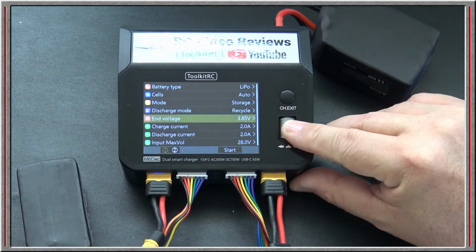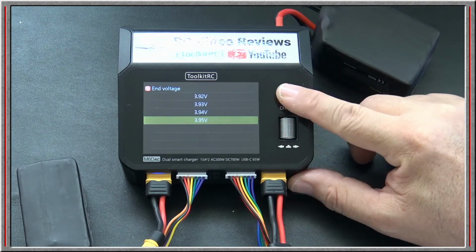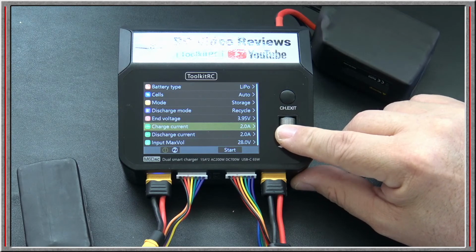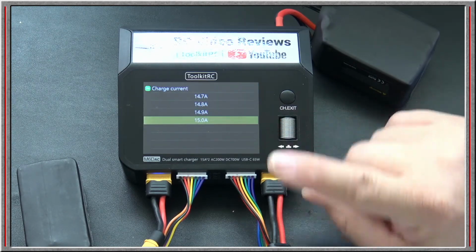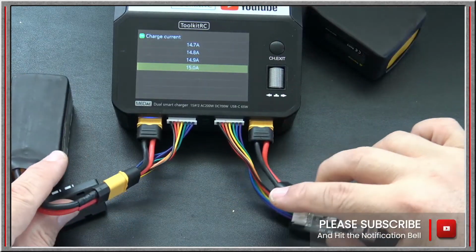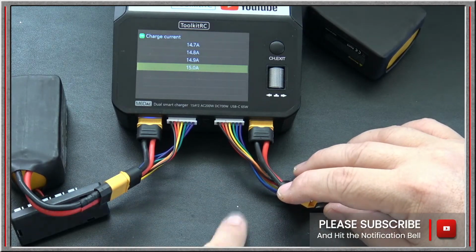End voltage you can set. Here are the options. You can go down to 375 and you can go up to 395. That's fine for storage. And for charge current, you have options. Now notice that when we're in asynchronous mode, okay, I'll talk about this in just a minute, asynchronous mode means we're using two discrete channels for two discrete